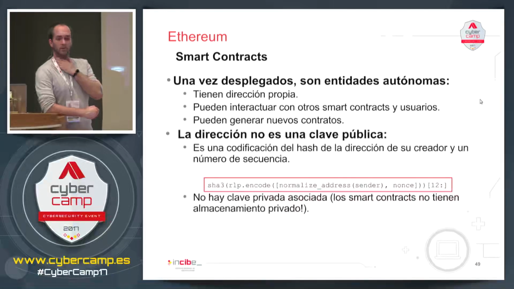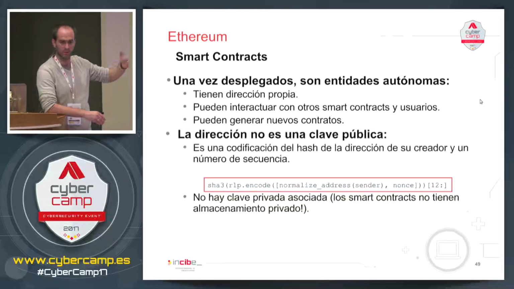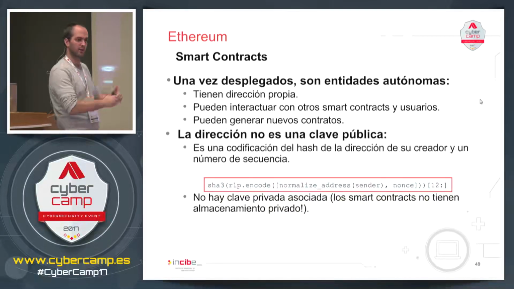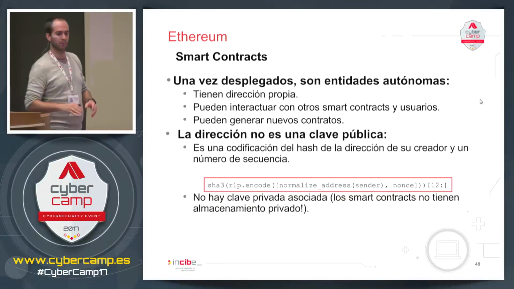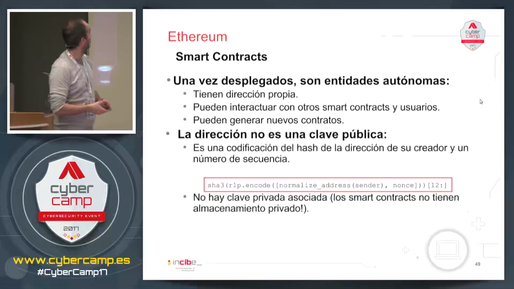Once the smart contracts are deployed, they become autonomous entities. They can respond to transactions by themselves. They have an address that wouldn't be controlled by anyone. There's some logic in this program, so there may be a person controlling the smart contract, but basically this contract will take decisions by itself, decisions that I have programmed in the contract.